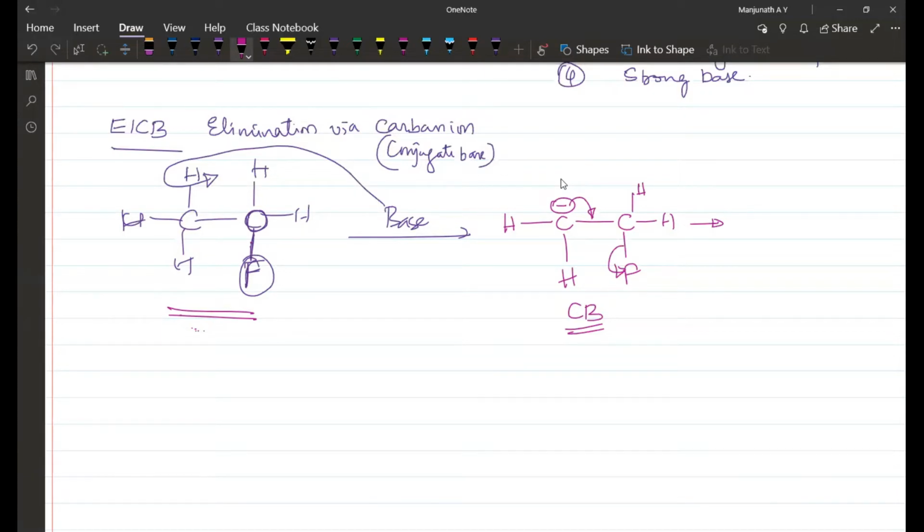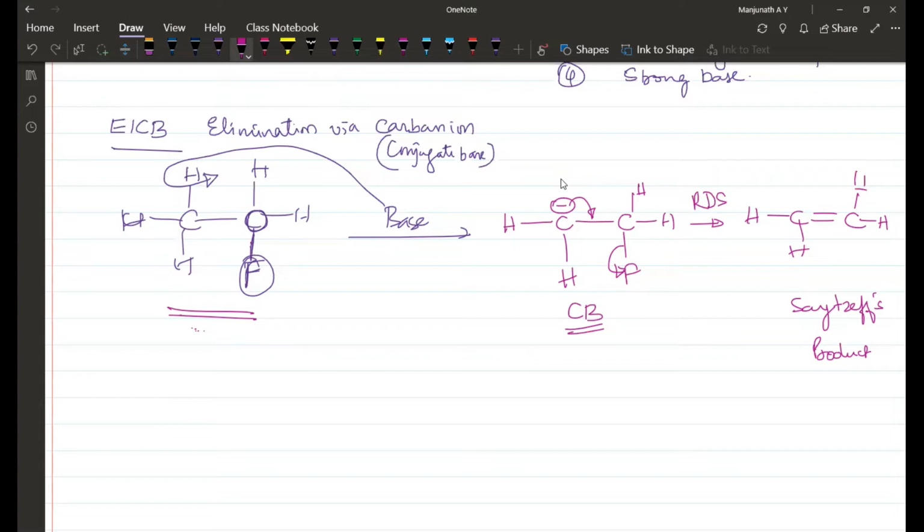Otherwise we could not study the formation of this particular ion. So this will result in HC double bond CH2, and you get alkene only, and you will also get Saytzeff's elimination product. Saytzeff's elimination product only you will get. And here the RDS, the rate determining step, is decomposition of the anion into alkene.